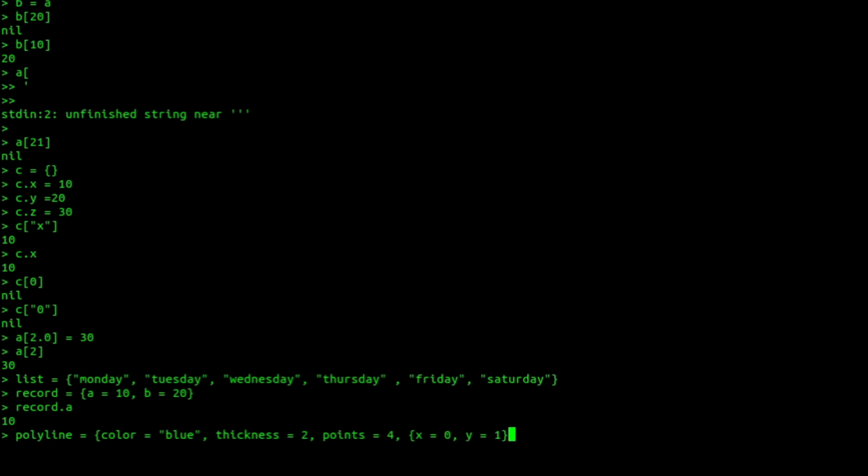So here in this table polyline, the first element is this, a color, second is this with the value 2, and third is this point with value 4, and the fourth element is this, which in itself is a Lua table. So you can extend this and give one more. Let's say x equal to -10, y equal to -20, close this.